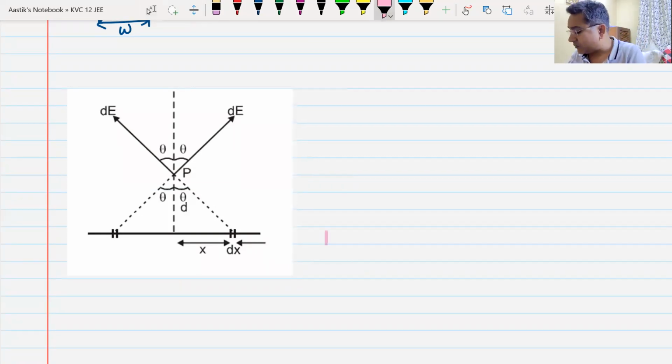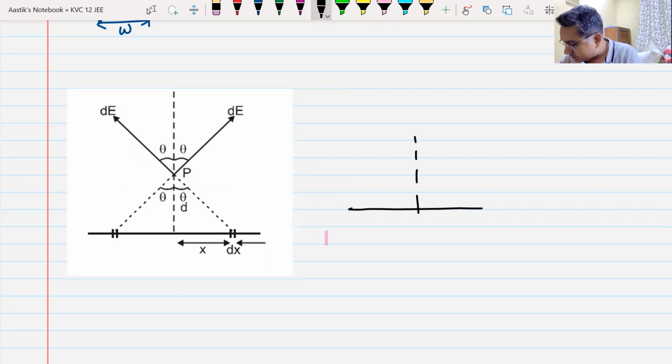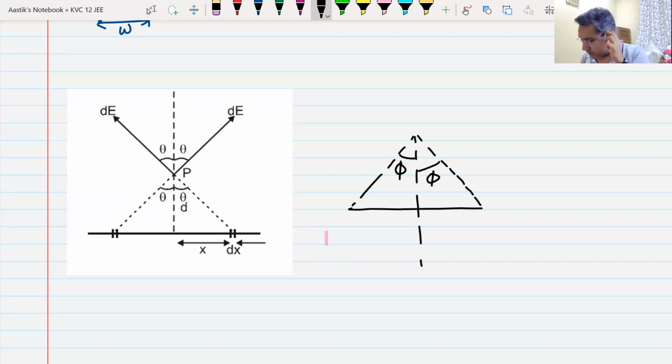Let me write the general formula like this. So I will draw one more diagram here. This is the sheet, and I will not give the formula in terms of width. I will give you the formula in terms of angle. So this is the perpendicular bisector. So this angle is phi. This angle is phi. Perpendicular bisector it is. So the electric field created by this sheet will be given by this formula, sigma by pi epsilon naught into